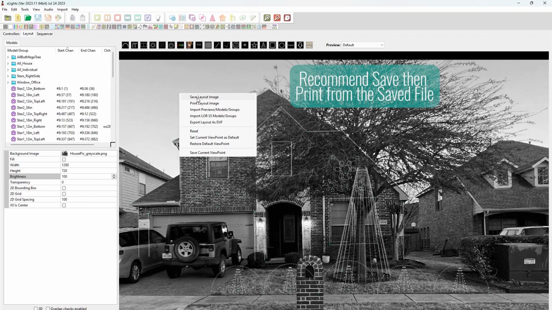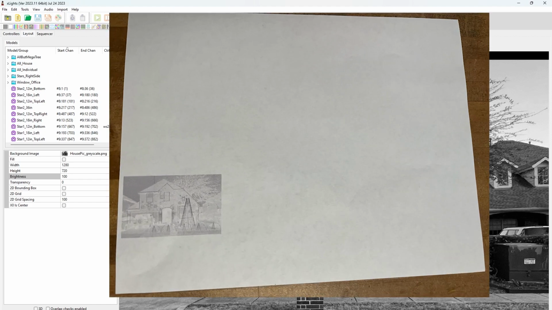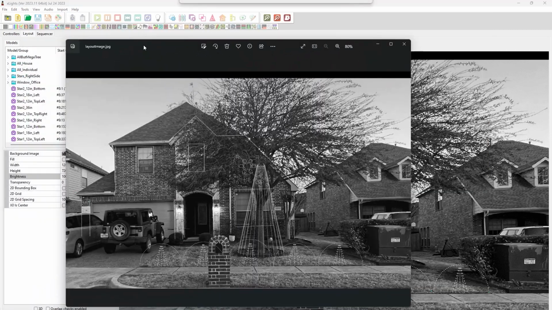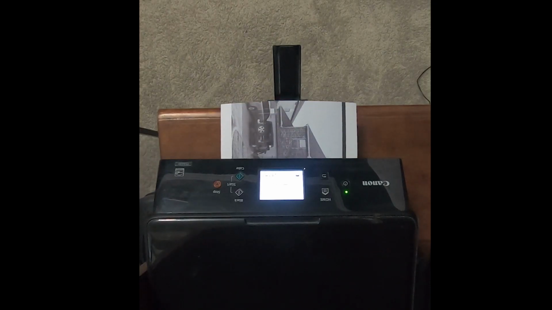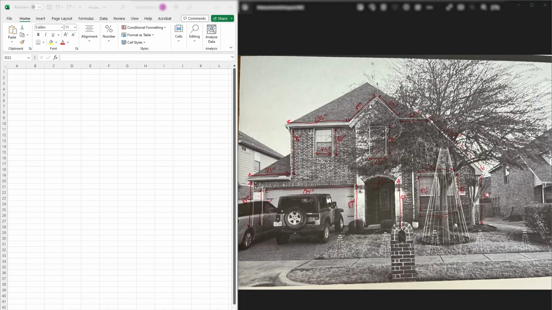I recommend saving it rather than printing it. Every time I've tried to print it, the image has come out very, very small. Now that I've saved the file, I can print this off. Once that completes printing, now we can go measure our house. As you can see to the right here, I've completed marking up the linear dimensions of my house,